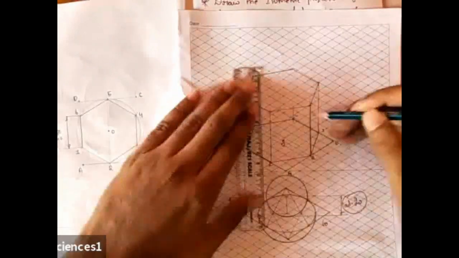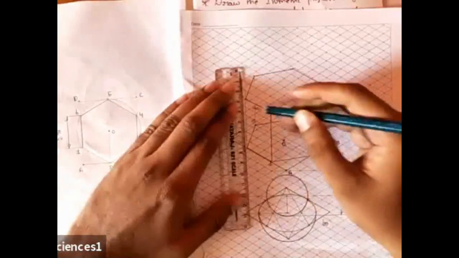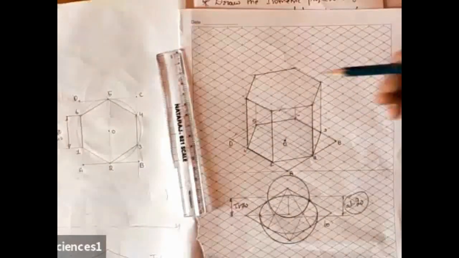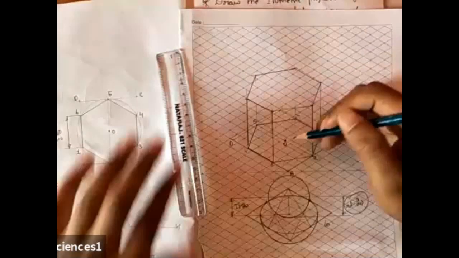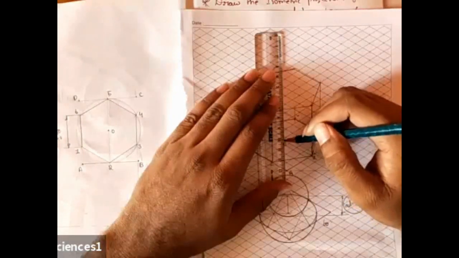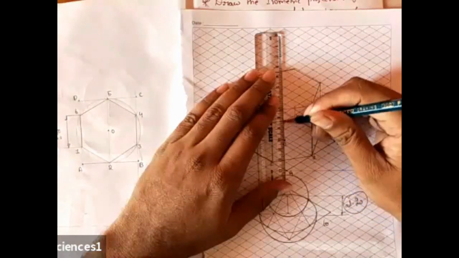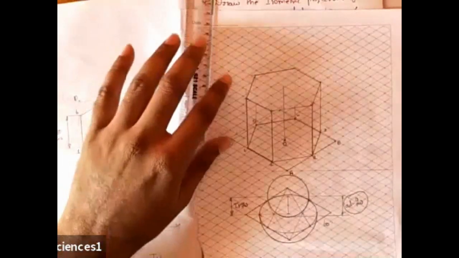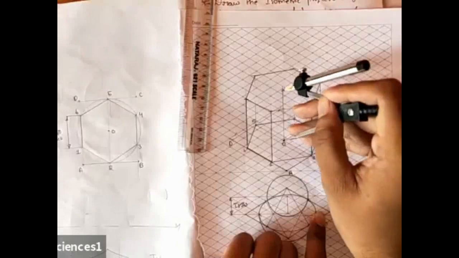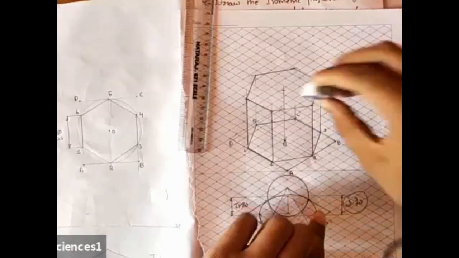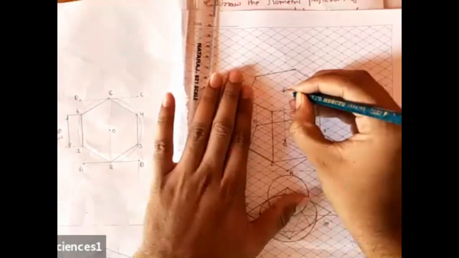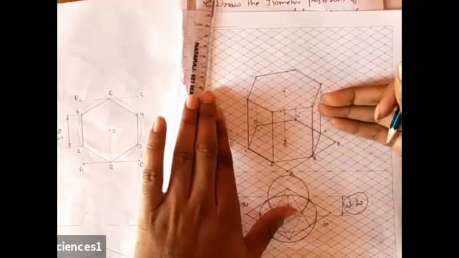So darken the longer edges of your prism. We got the prism. Now you need the midpoint of this. It's very simple. You just extend the line from point O, that is the midpoint of your base hexagon. Take the length of 60 and cut an arc. So this is the midpoint of your top hexagon.